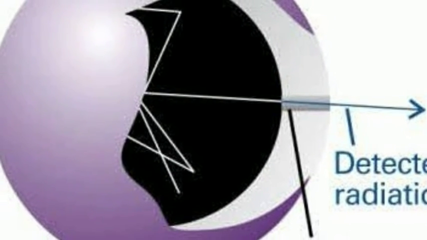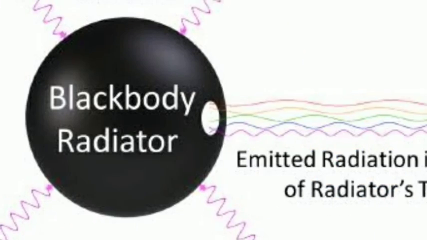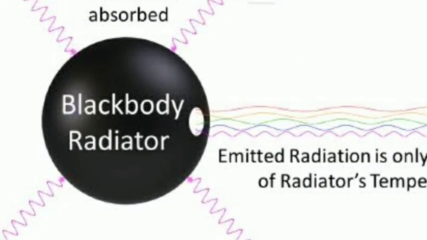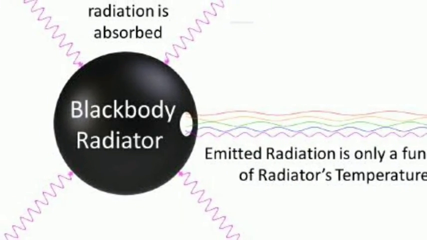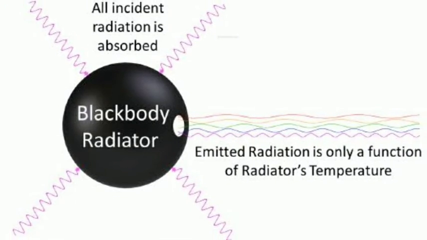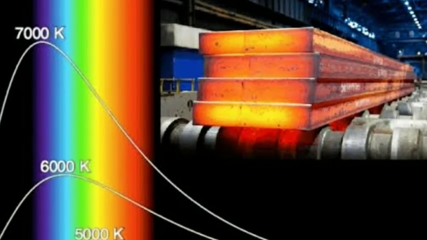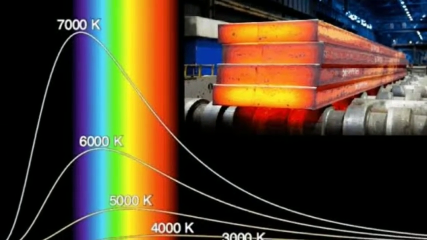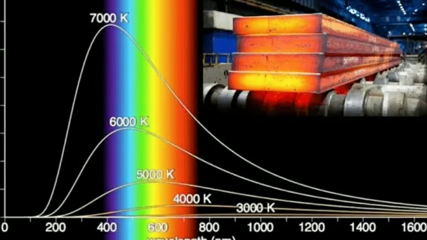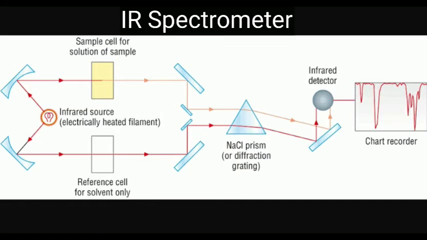A black body is one which completely absorbs radiation of all wavelengths incident on it. The radiation emitted by such a body is called blackbody radiation or full radiation. The energy emitted from a black body depends only on frequency nu and temperature T of the body. In thermal equilibrium, the emissive power of the black body for different wavelengths is measured by means of an infrared